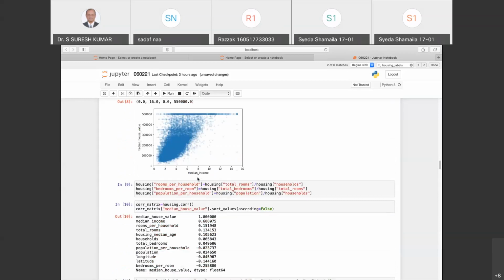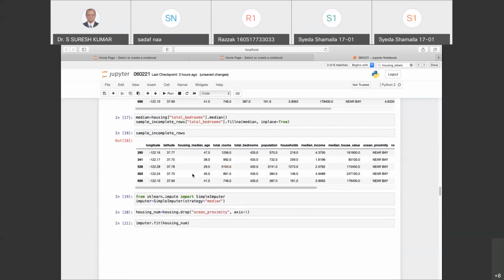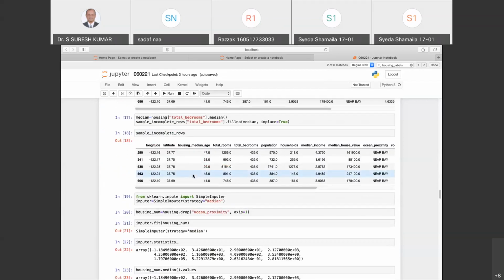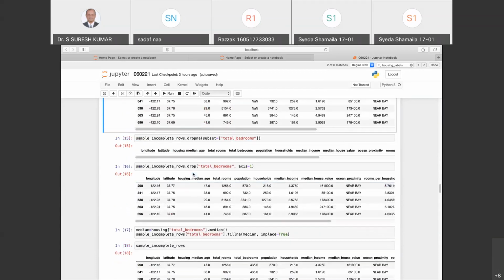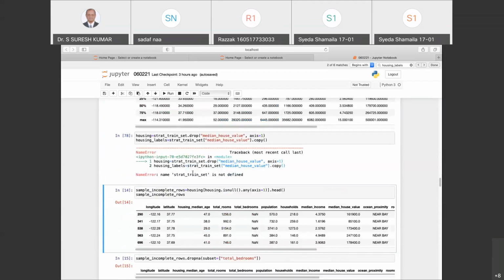Then thereafter we went ahead and found out the correlation of this data set. We created the correlation matrix. I used a simple imputer somewhere here. Yes, simple imputer is here. So where I am facing trouble is before this. This is where I have taken this median house value along the axis, that is along the column. That is, this was when we prepared the data for the machine learning algorithm.